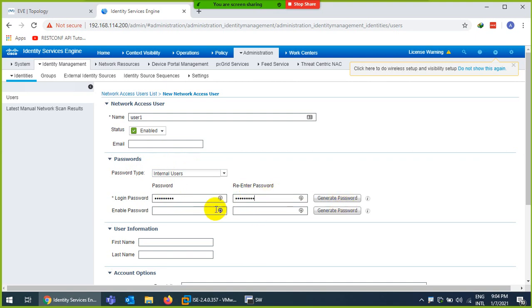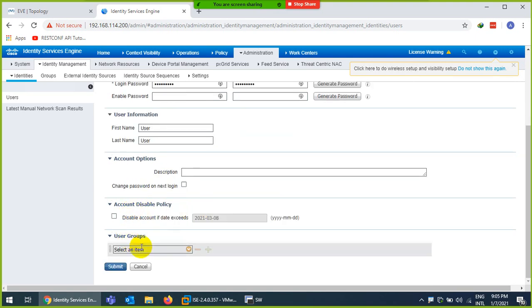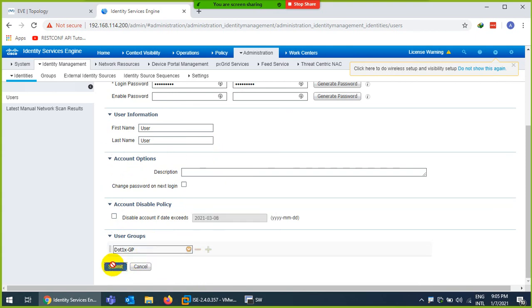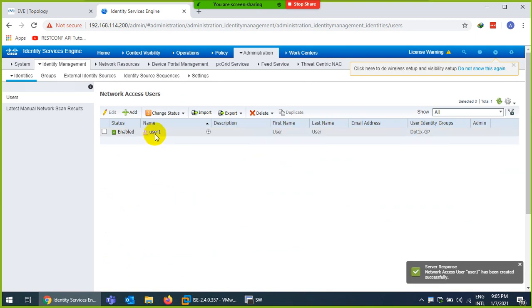First name is suppose user, second name is user 1, whatever, description, and choose the group. I just created the .1x group, and submit. So my user is ready with user 1.